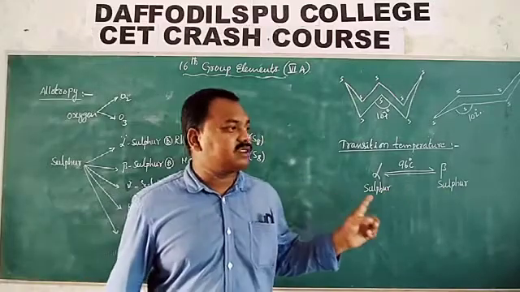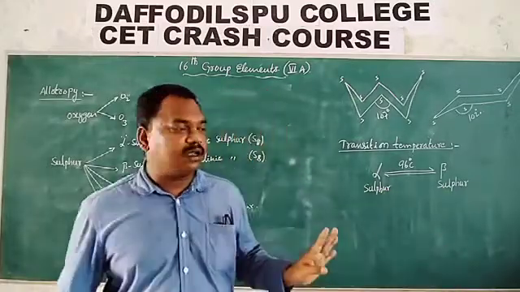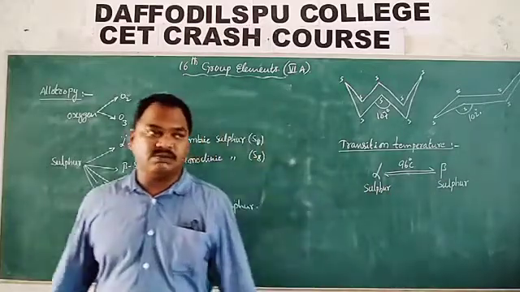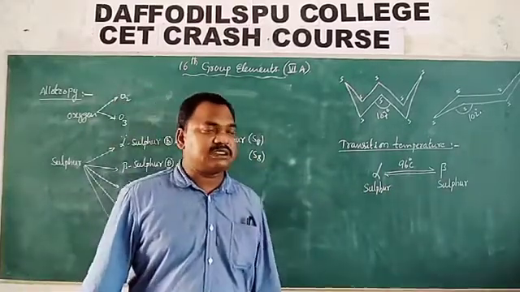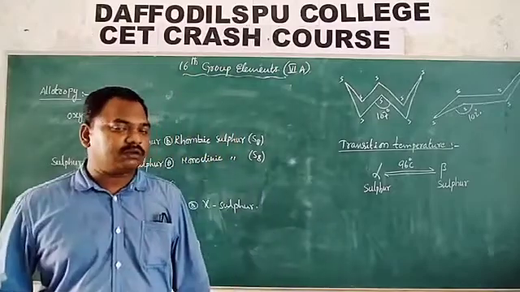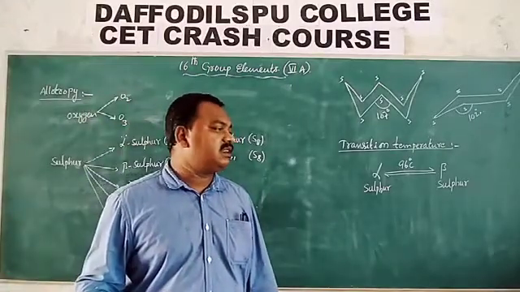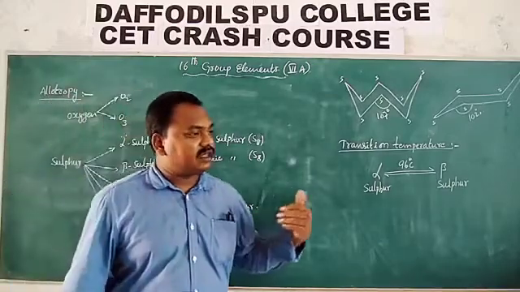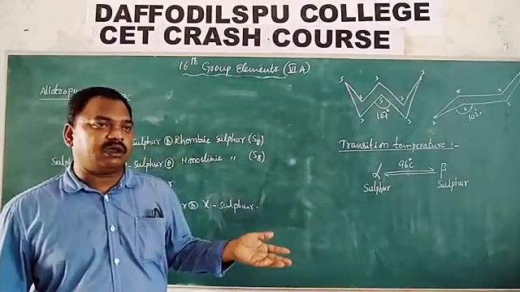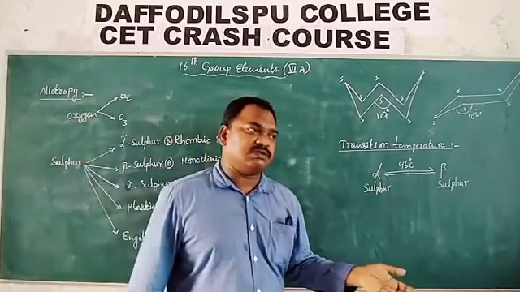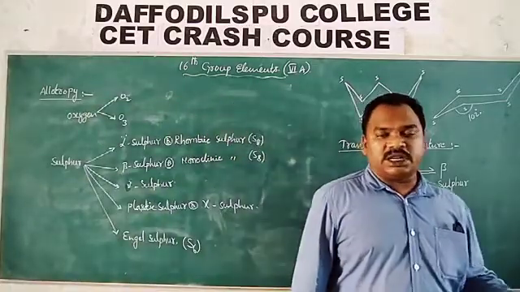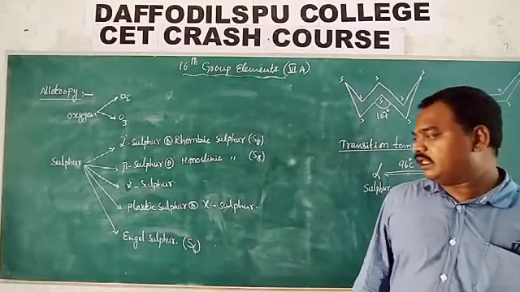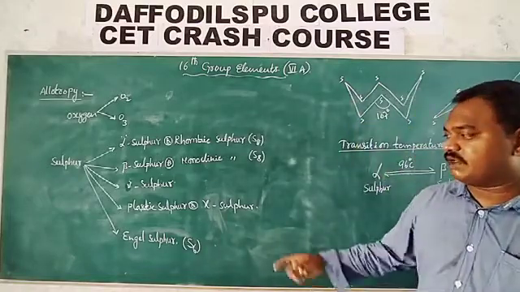One allotropic form is converted into another allotropic form. Alpha sulfur is converted to beta sulfur. Further heating to about 160 degrees centigrade, you will get the gamma sulfurs also. And further heating to near the melting point of sulfur, and suddenly pouring the melted liquid into water, you get the plastic sulfur.